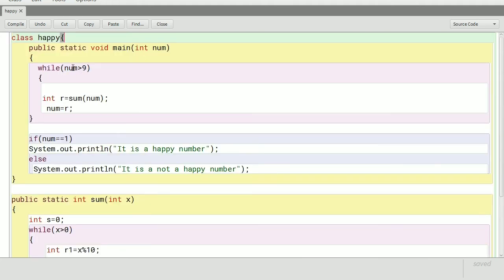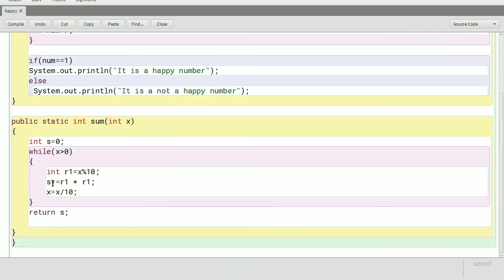Here x will be 28, and 28 is greater than 0. And r1 is equal to 28 modulo 10, which is 8. 8 into 8, s will be 64 now. And then x equal to x by 10, that means 28 by 10 is 2.